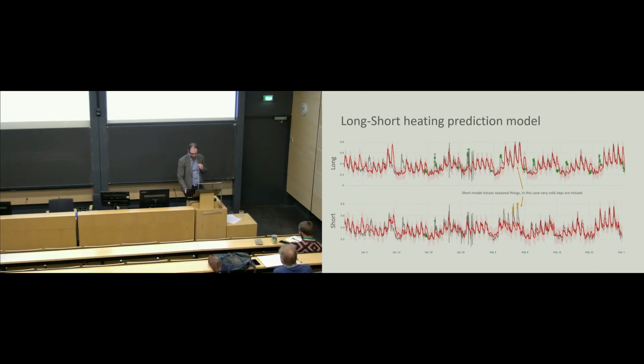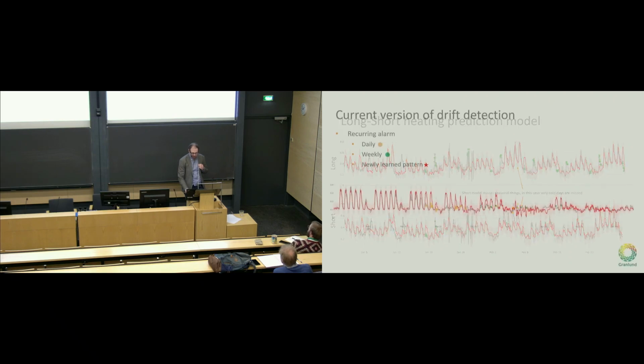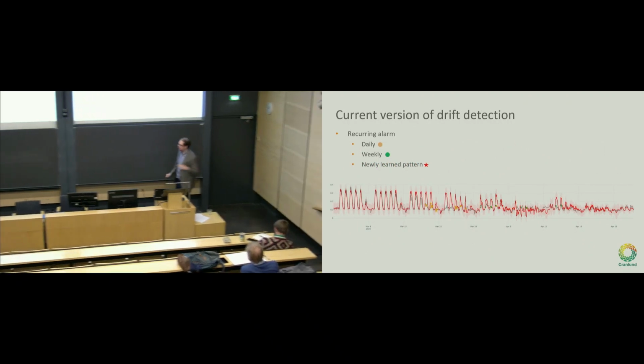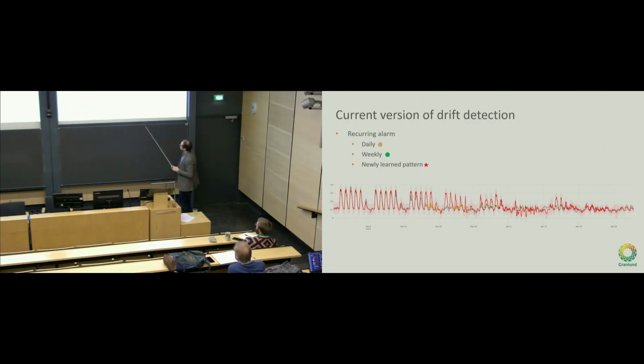Yeah, as I said, it misses the cold days. And then we combine these two models into one, and this is what we in the end show to the user. How we combine them, there are many methods for combining ensemble models. You can pick one, you can have an average, or